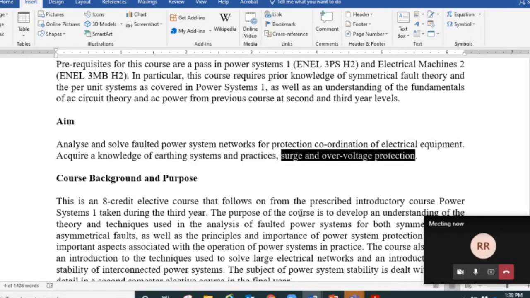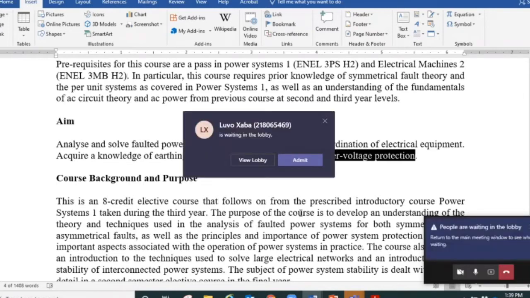And then we'll also do the surge and overvoltage protection in power systems. We get something called surge, voltage surge, and because of that we might have some situations where the voltage will exceed the rated voltage level, and the equipment might get damaged, because all the equipment that we use are supposed to operate at a certain voltage level, like this laptop is 230 volt, then we have a motor 440 volt or 400 volt, or even it can be 380 volt three-phase supply, it can be 3.3 kV, it can be 6.6 kV. So no matter what the voltage level is,